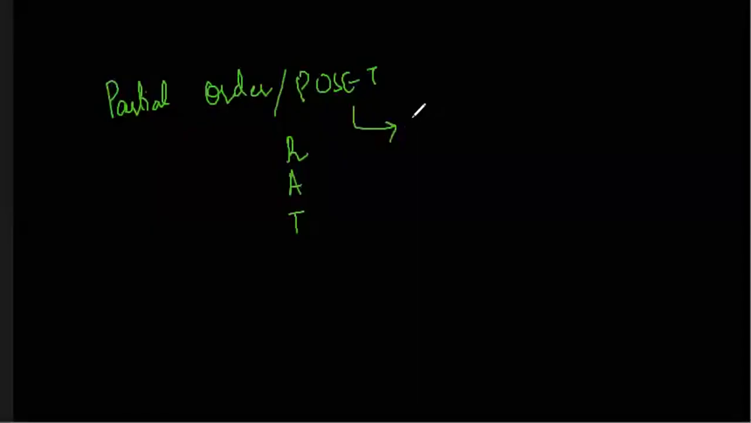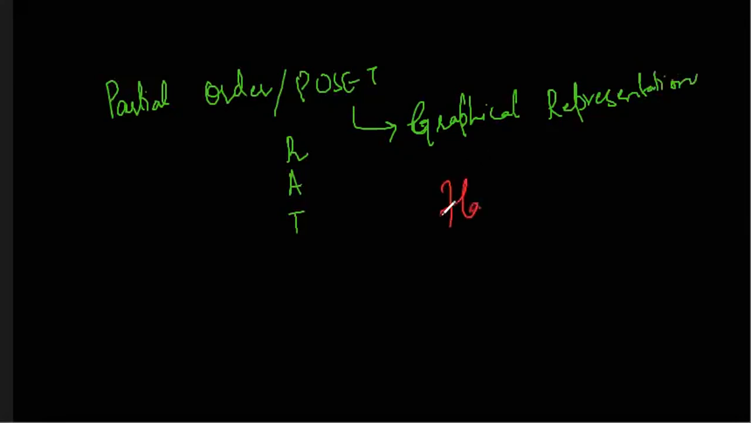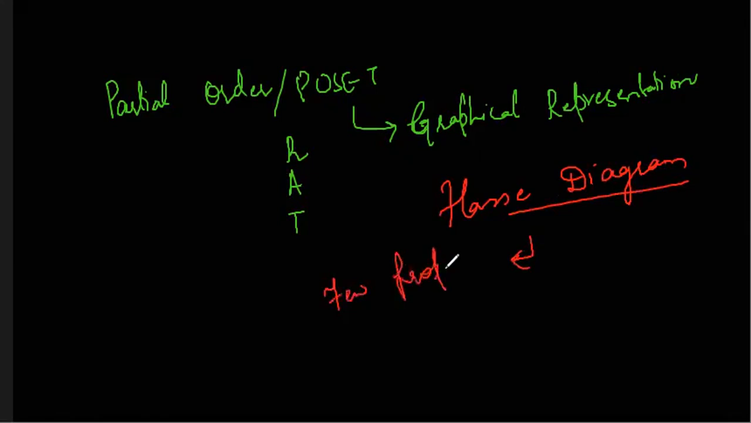In this poset, we have a graphical representation, which is known as the Hasse diagram. Now, on the Hasse diagram, we will study a few properties. There are various properties of the Hasse diagram based on their elements. So we will have maximal and minimal element,